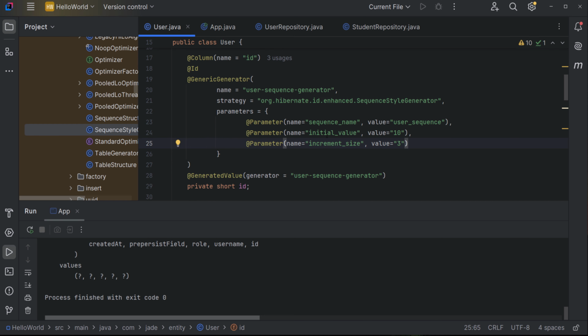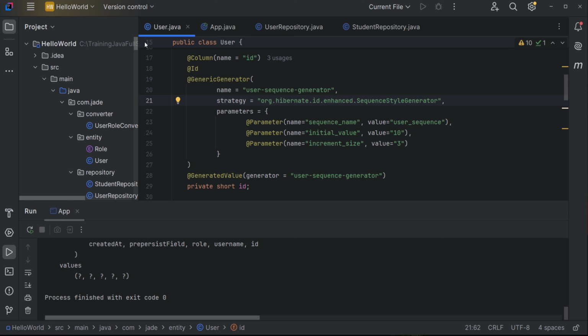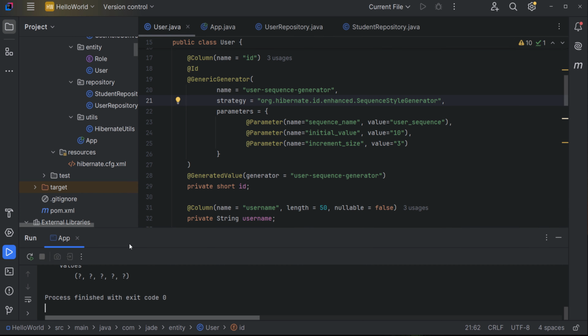And now we move to the last way. It's more difficult, but in this way we will customize the generator. We don't use the existing one, we will customize it. So to do that, you can go to your